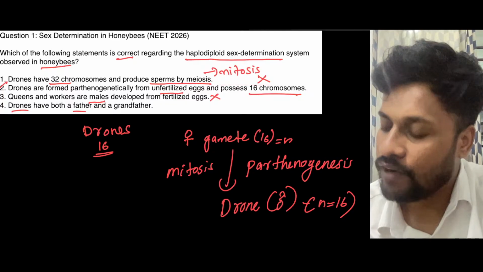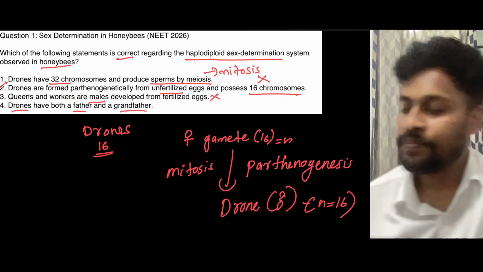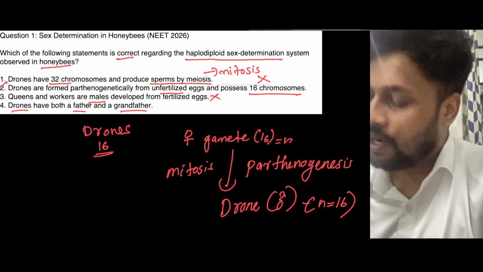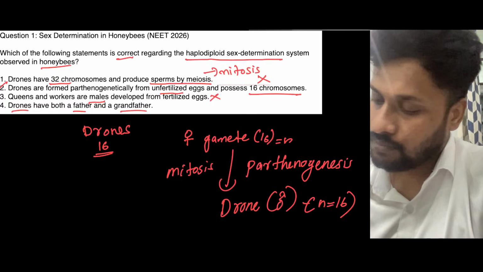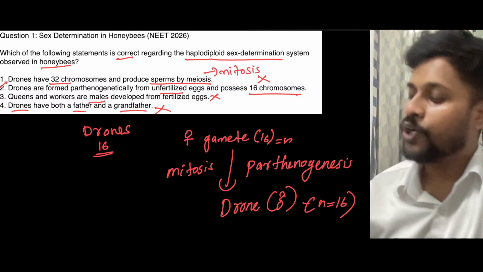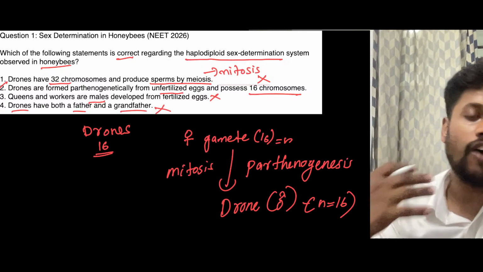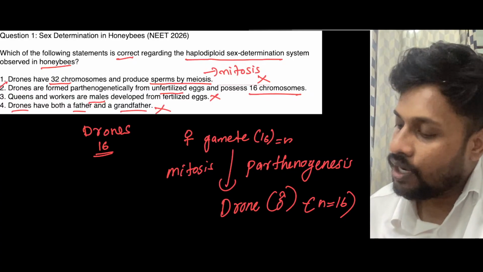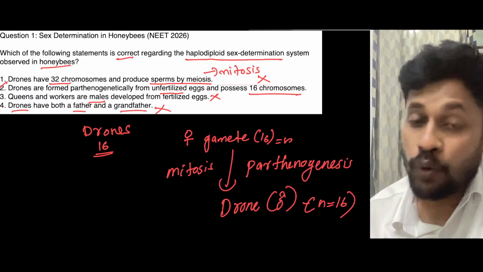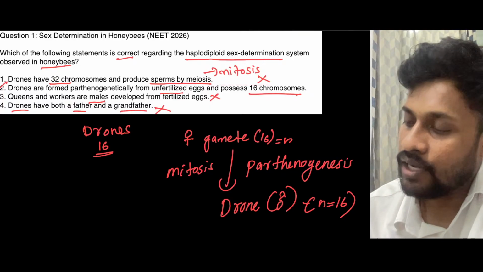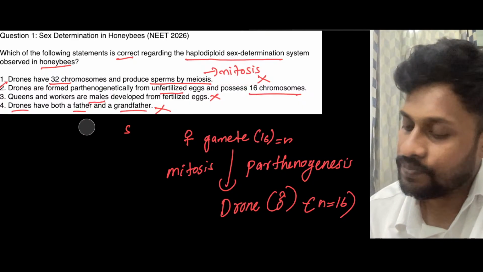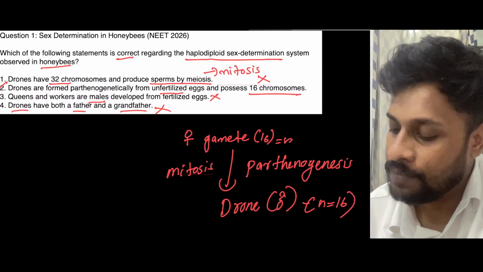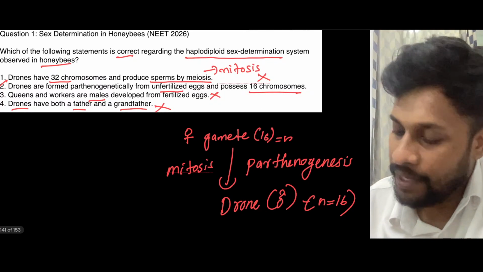Drones have both a father and grandfather. That is true, right? So when you take drone is having father. No, which is wrong. Drone only have mother because it directly formed from female gamete, right? And drone, they have mother, they do not have father. Let me show this for you guys. So when you take a, let's see what happening. For example, a